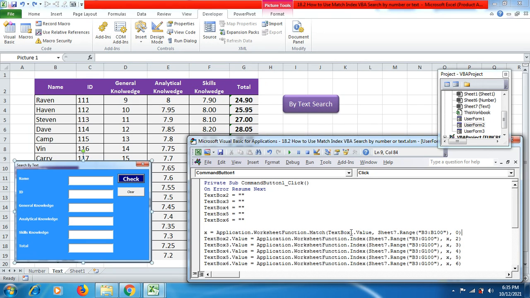Now, depending on the text I mentioned in TextBox1, it should display the right information in the other text boxes. So in TextBox2, the information should be TextBox2.Value = Application.WorksheetFunction.Index. Now here, after using the match function for assuming x, we are going to use index, which means once the text is written in TextBox1, the index function will find that number again and display all the information in the other text boxes. So here, after index, you have to use open parenthesis, Sheet7 is the name, .Range, this time you use double quotes, B3 colon up to G100, double quotes close and close parenthesis. It means this time if my information is added in next rows, it shall be collected up to the 100th row,